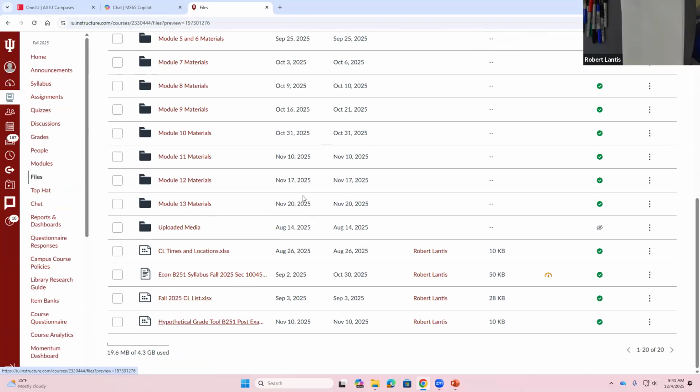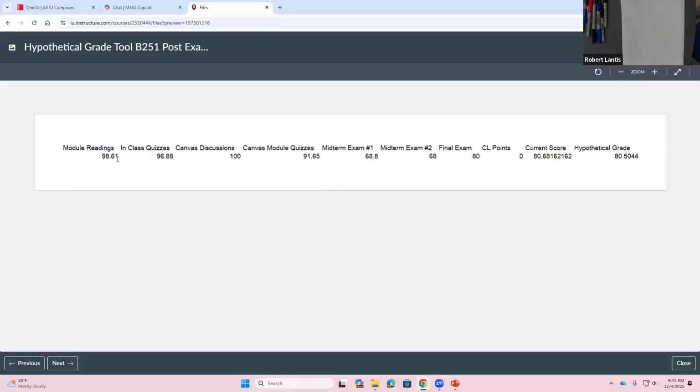This hypothetical grade tool, if you open this in Excel, you just change these categories to what your score is in these categories that you see on Canvas. So module readings, in-class quizzes. And when I've set these rules on Canvas, it'll now be dropping that lowest module reading, lowest 2 quizzes, lowest 4 in-class quizzes. So those will be the grades that you input into this Excel file,